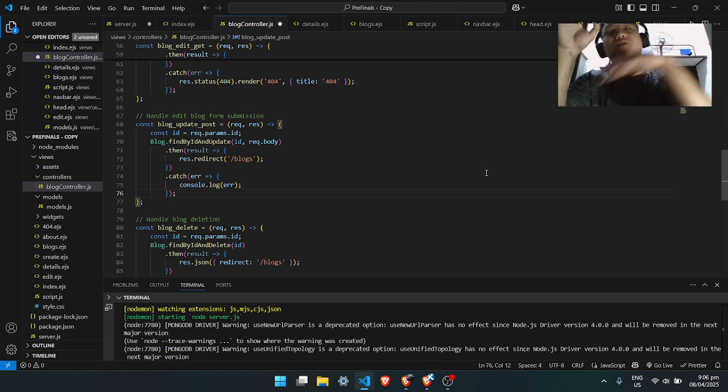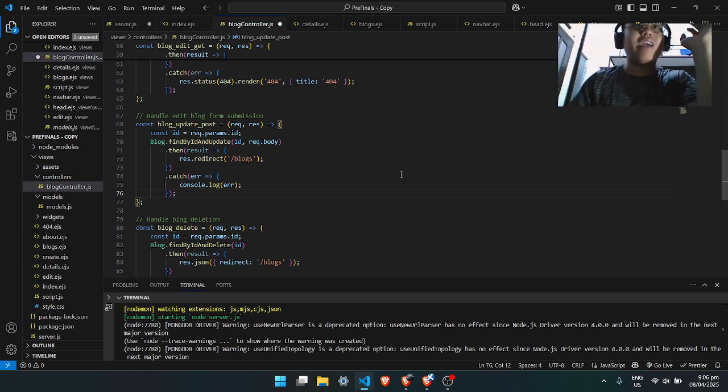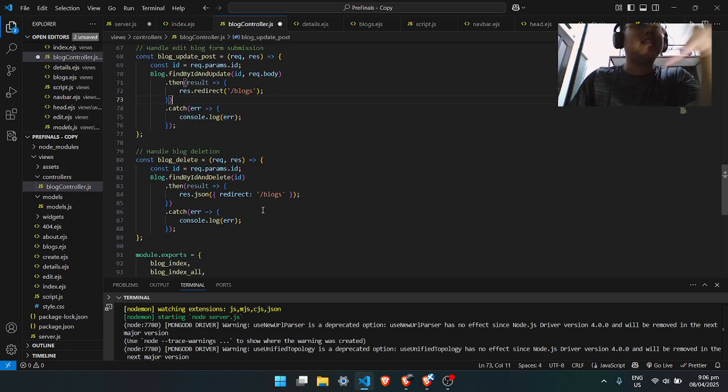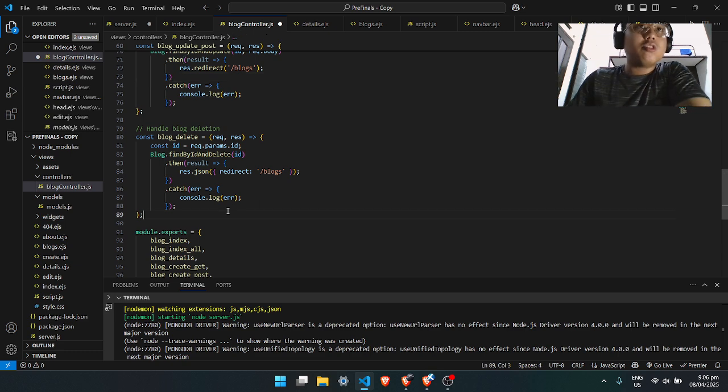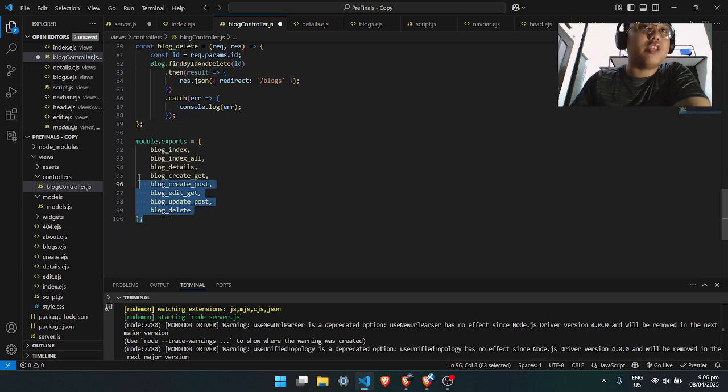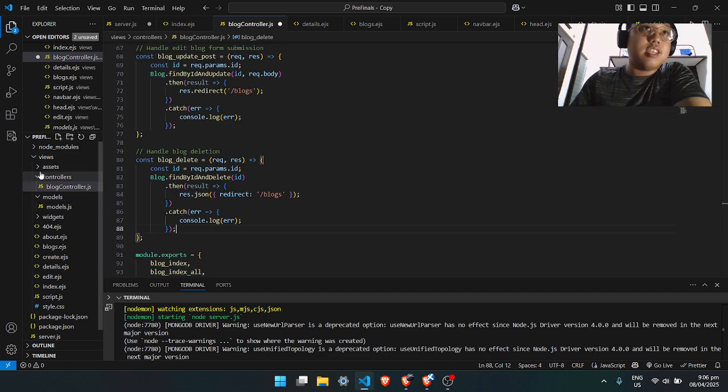So you don't have to do all the complicated stuff such as API, all those things. Mongoose does it by itself with the find by ID and update. Same with my delete function, which also deletes automatically using that function. And I just exported everything. And that's just it. Then for my assets, just a bunch of pictures, I will use them later.